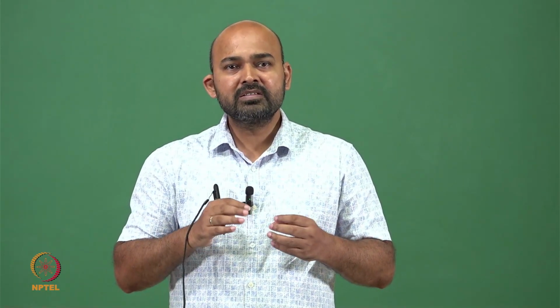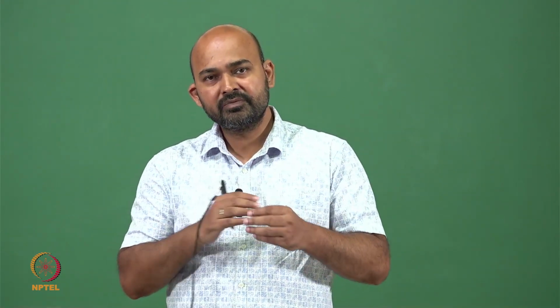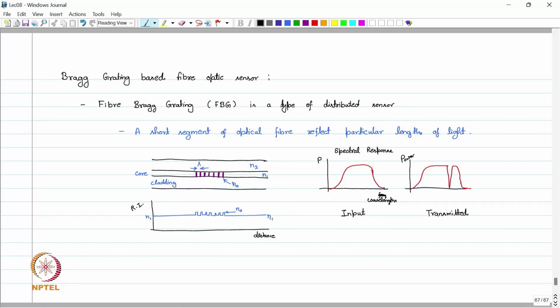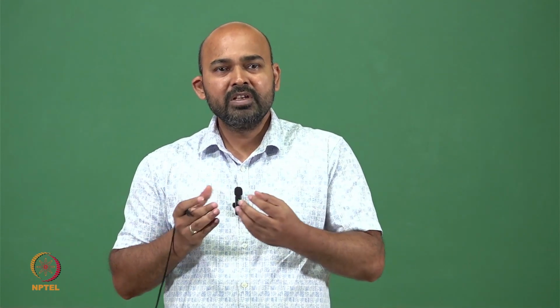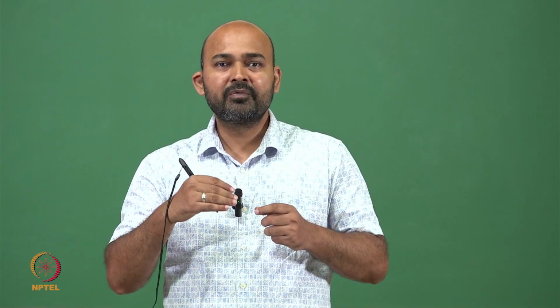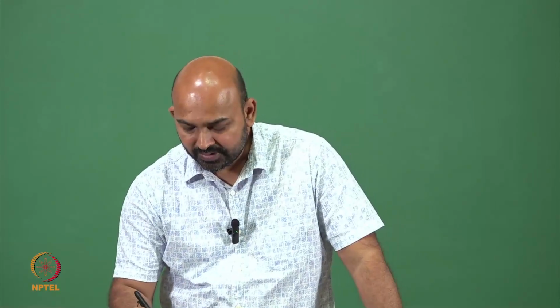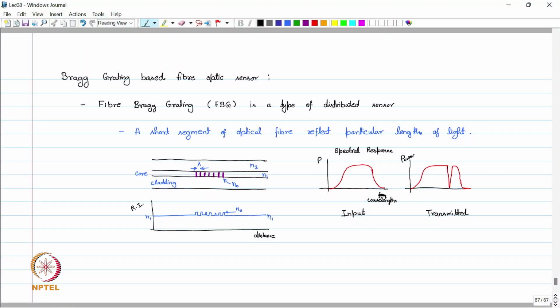The rest of the wavelengths this grating will not interfere with, and all those wavelengths will be passing by. So at the transmitted end we receive all the wavelengths except the one which is reflected back by the grating. So we can see in this graph we are missing this particular wavelength